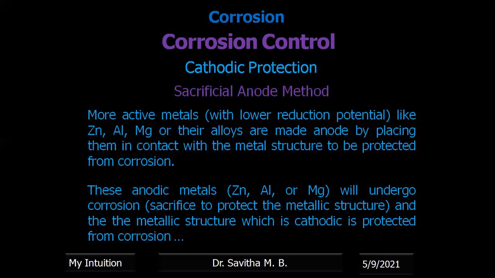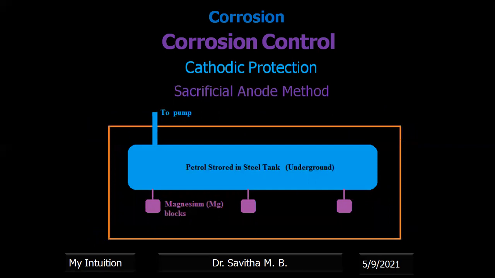Now, in the sacrificial anode method, suppose you are taking an article that undergoes corrosion. What we can do is attach that article to another metal which is more reactive than the article, the base metal. Then the more reactive metal will act as the anode and undergo corrosion, and until that more reactive metal is present, our base metal will be untouched. Therefore, the base metal is safeguarded, whereas the other active metal sacrifices itself. Therefore, it is called the sacrificial anode method.